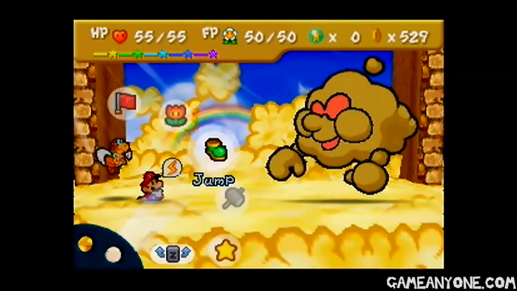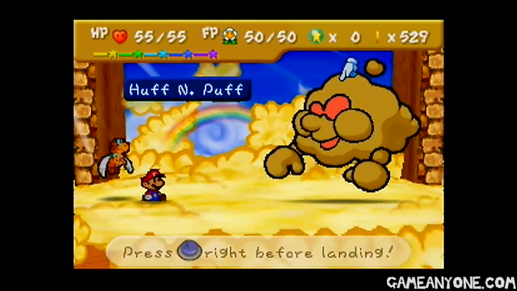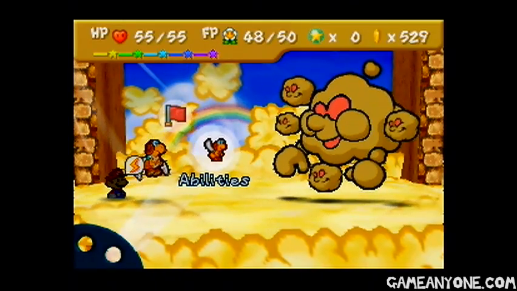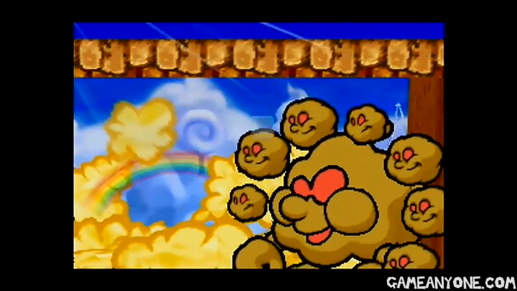Oh man, I love that line, and it got skipped somehow. That sucks. Alright, so we're now facing Huff and Puff. Now this guy, he's got quite a bit of HP, actually, and the gimmick with this is whenever we deal damage, he's going to break off into these little pieces, and each big piece represents 2 HP, and a small one represents 1. So if we keep attacking him, then...